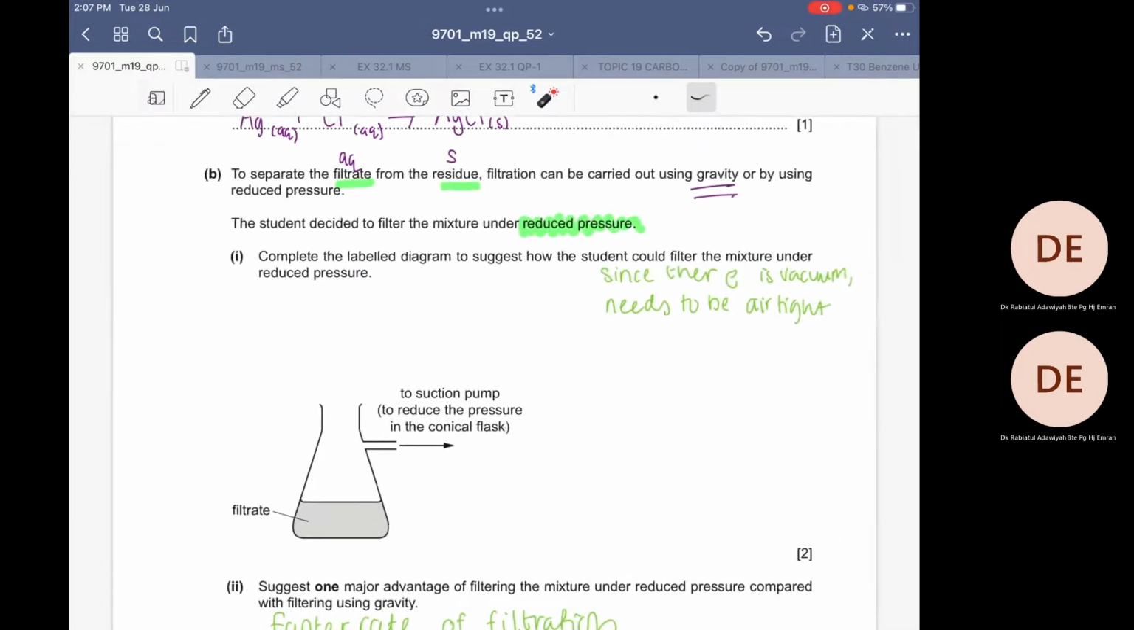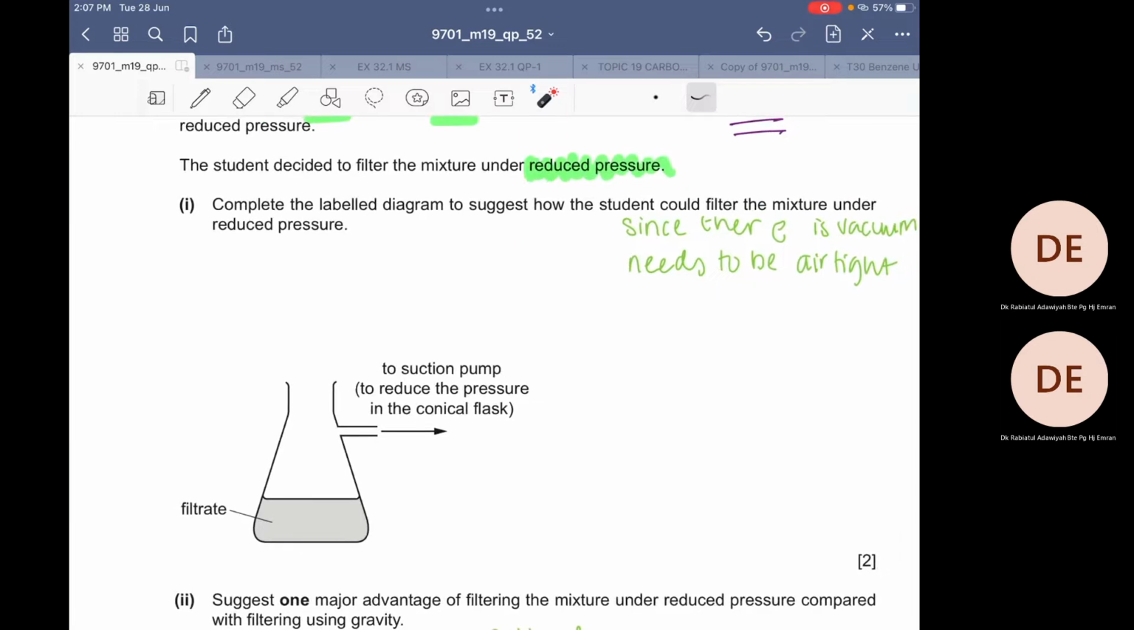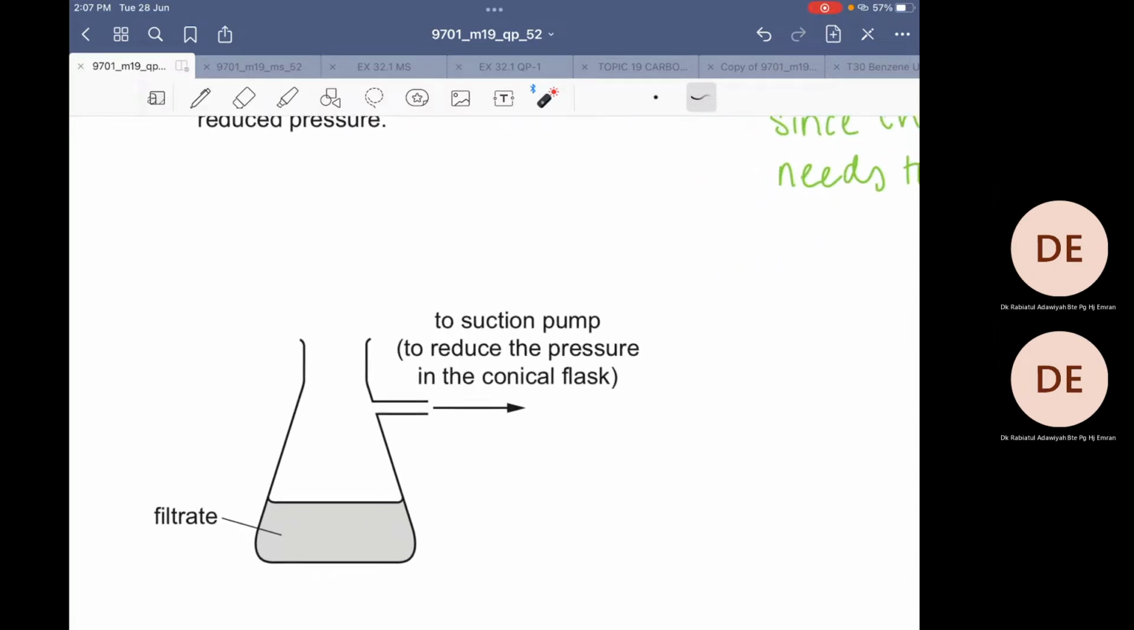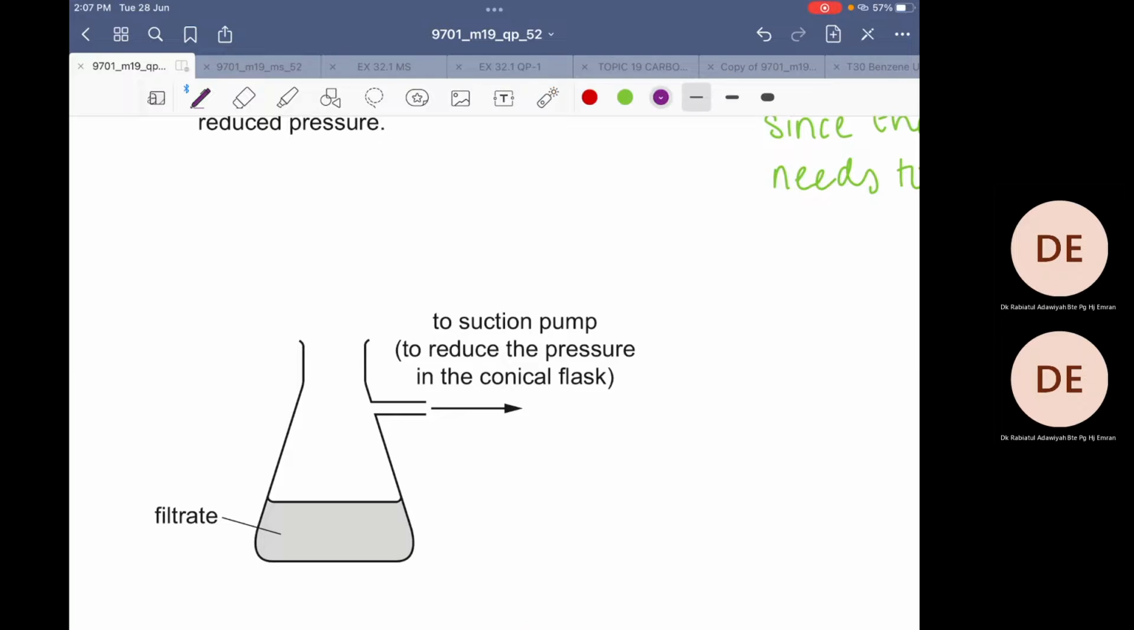Right, so you are then expected to draw this Buchner funnel, which you have not seen until today, okay, in your life. So how do we complete the labeled diagram? Okay, so complete the labeled diagram to suggest how the student could filter the mixture under reduced pressure. Okay, so Buchner funnel is drawn like this. And you must label, there is a filter, no need arrow, sorry. There should be a filter paper,